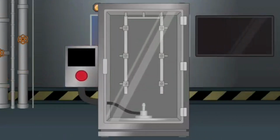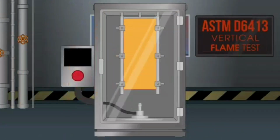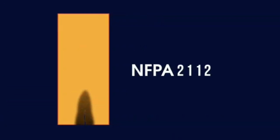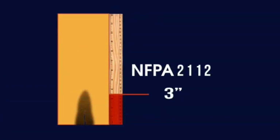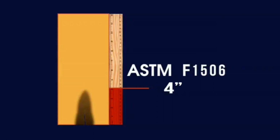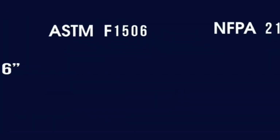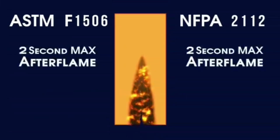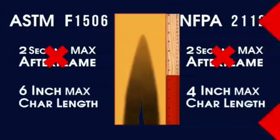test. In this test, a strip of fabric is placed in a holder and then exposed to an open flame for 12 seconds. After the exposure, the fabric is monitored for afterflame and the damaged area of the sample is measured to determine the char length. NFPA 2112 requires a char length no greater than 4 inches, and ASTM F1506 requires a char length no greater than 6 inches. Both standards require that the afterflame last no longer than 2 seconds. If a fabric fails to meet one of these requirements, it is not considered flame-resistant, and no further testing is